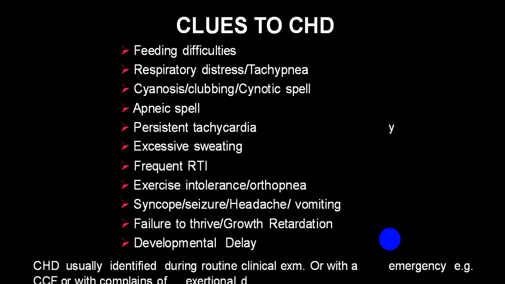Congenital cyanotic heart disease is very easy to identify because at birth you will detect cyanosis. But first you will have to differentiate it from other causes of cyanosis. So try to differentiate that. If you give oxygen and there is no improvement in oxygenation or cyanosis, it is more in favor of a congenital cyanotic heart disease group.